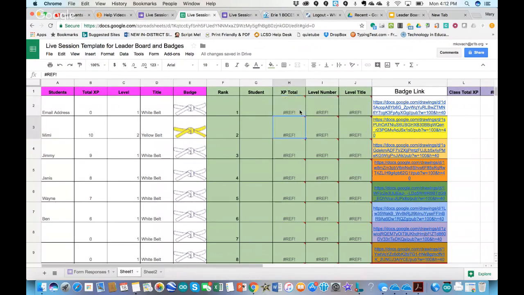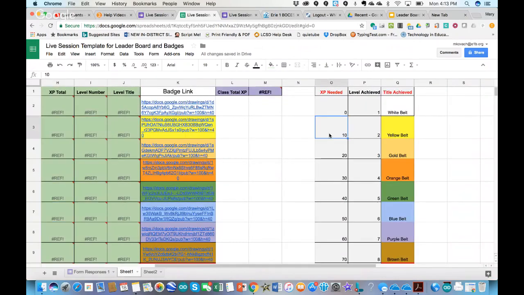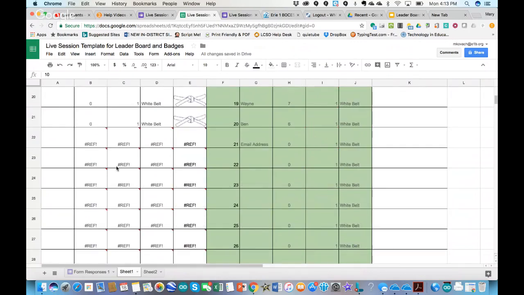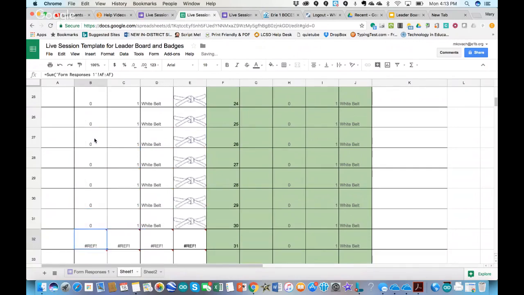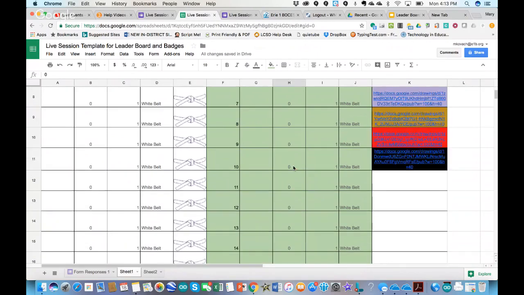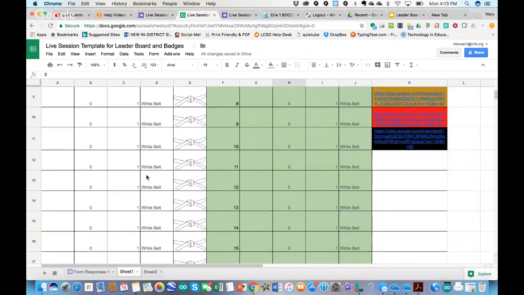And also we need to click enter in our cells here. Let's see, and actually I think I will need to go through the whole thing. So you can see what yellow belt is here. XP needed for yellow belt is 10. So that's why hers is higher than the other ones right now. Okay. I'm going to go through here. Enter all of those. Okay, so I guess I did actually have to press enter for all of these cells here,